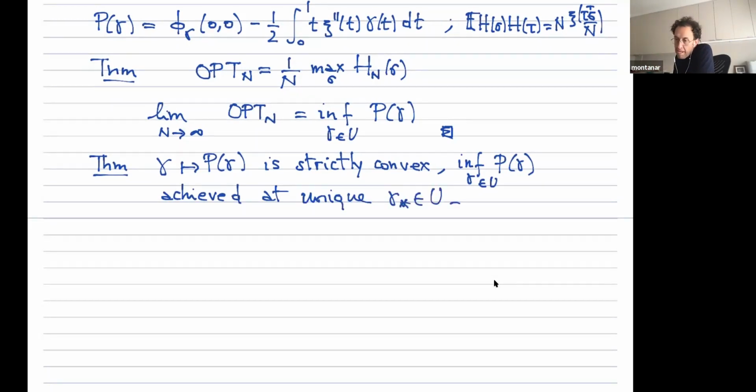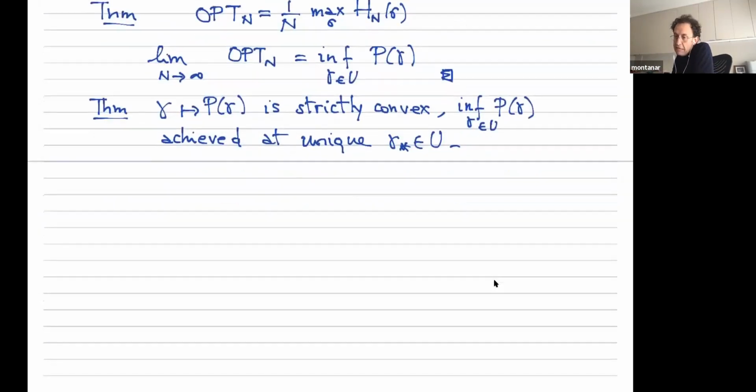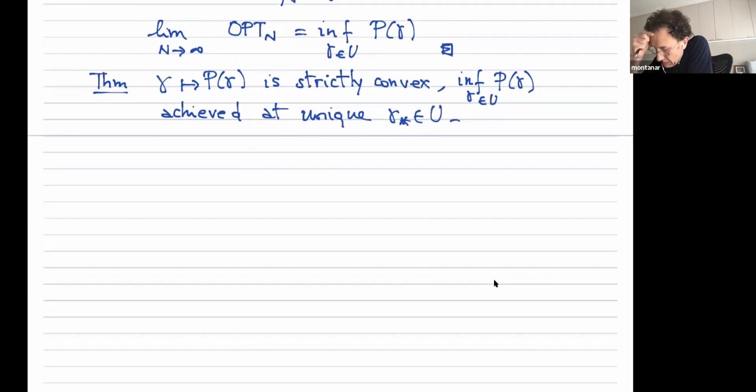So we started with a non-convex maximization problem, and we ended up with a convex minimization problem over a completely different space. So where does this come from? Some of where it comes from is given by what I'll talk about today and